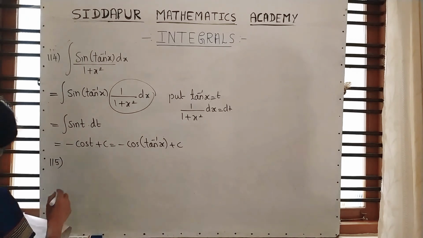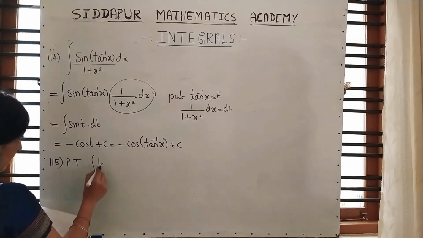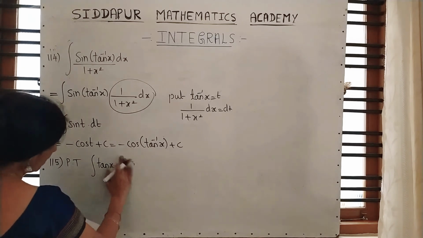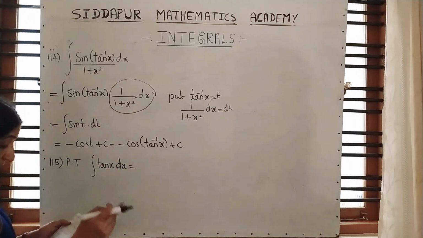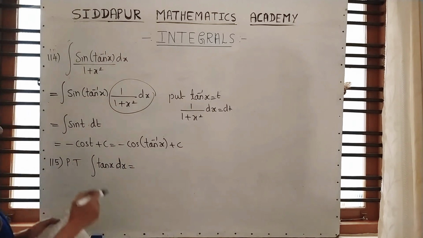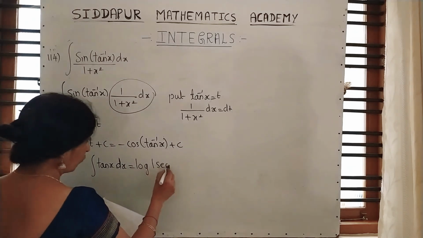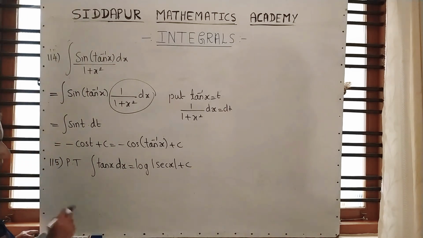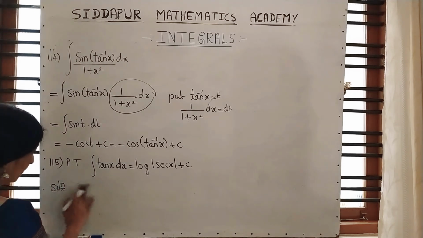Moving to the next question. So actually this is a formula. Prove that integration of tan x dx. And please students, note down this now. 15, 16, 17, 18. These 4 are the examples as well as formulas. Please write this down in the formula list. So integration of tan x into dx is equal to log of secant x. I will give the proof. Write down the LHS or consider it.